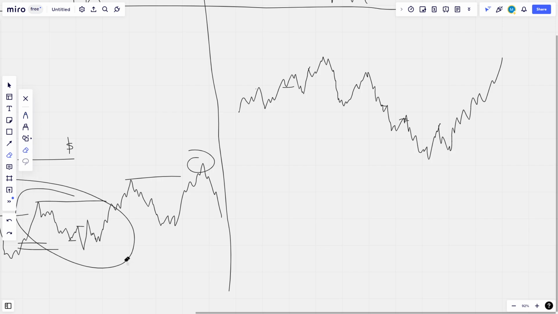So what am I trying to illustrate here? Do you want to take counter trend ideas? I love counter trend ideas. I love trying to take the bottom or the top. I don't do it anymore because, again, I'm trying to catch a falling knife, but this is the way to do it with whatever strategy.